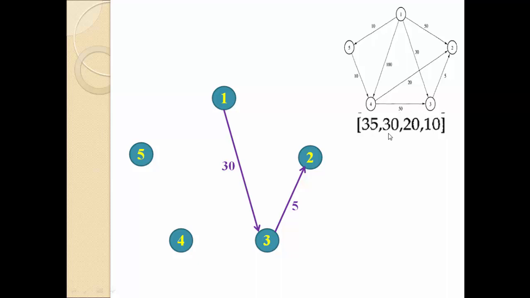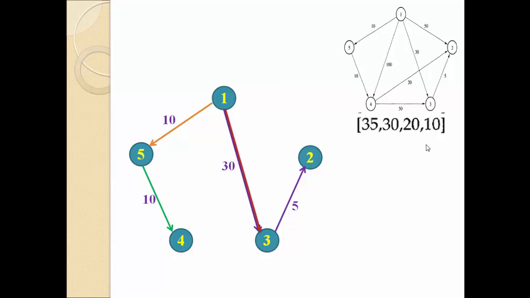Same way, if you want to reach from 1 to 3, then there is a direct path, and this is the shortest path 1 to 3. There is no other path through which we can reach 1 to 3 that is smaller than 30. So the direct path itself is the minimum. If you want to reach from 1 to 4, then the direct path has length 100, but there is one shortest path 1 to 5, 10, and 5 to 4 which has a length 10. So 10 plus 10, 20. And the direct path there is 1 to 5 which is the minimum path, that is 1 to 5.